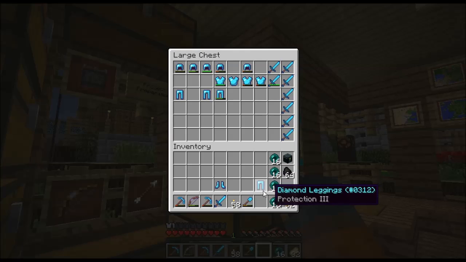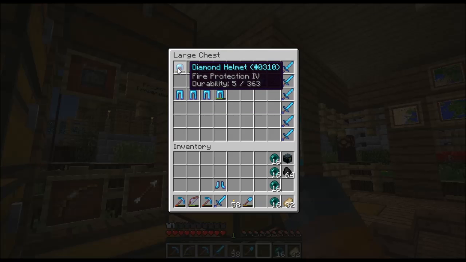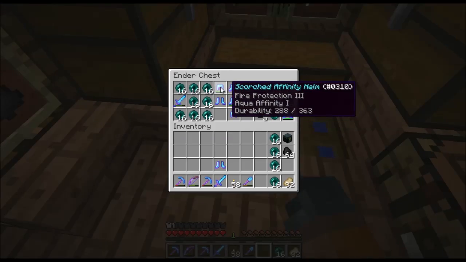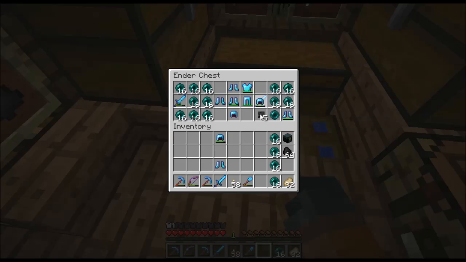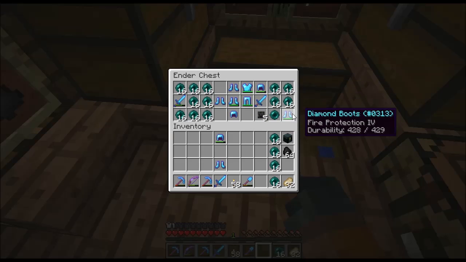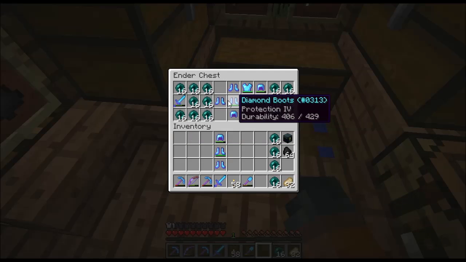Alright, back in my village. I do have some fire protection 3 leggings already. And I already had a helm. That is almost gone. And that's 4 compared to, I think, 3, which I just got. Yep. I might do some testing in my test world with enchantment. This has got me all eager to figure things out now. What I would like to find out is...